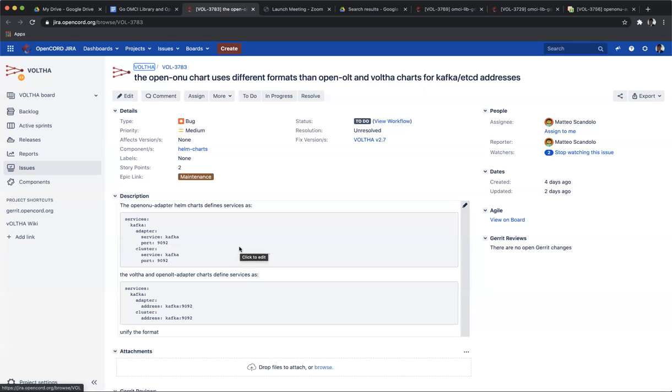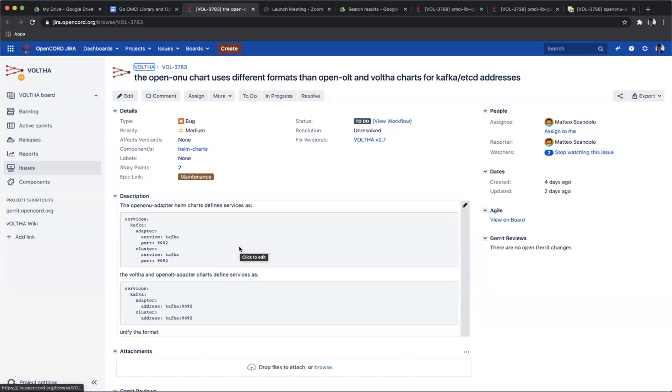The only component that needs to change is the OpenONU adapter. It depends. It depends if there's ever going to be any other settings, right? If the Kafka adapter will have other settings other than address, then it makes sense to have the level of indentation. If the only value ever put there is the address, then... Yeah, I wonder if at a certain point we may want to introduce a different timeout for the two. Yeah, I was thinking the same.